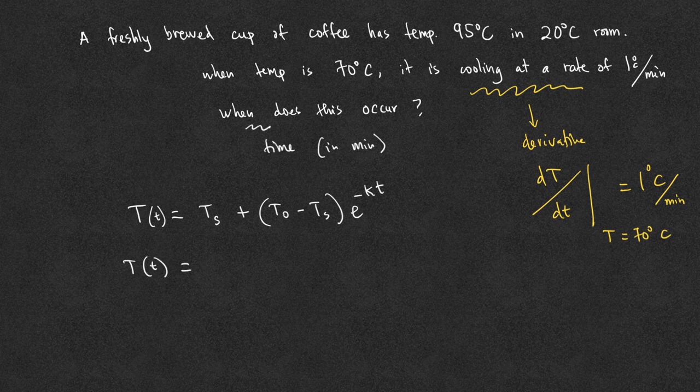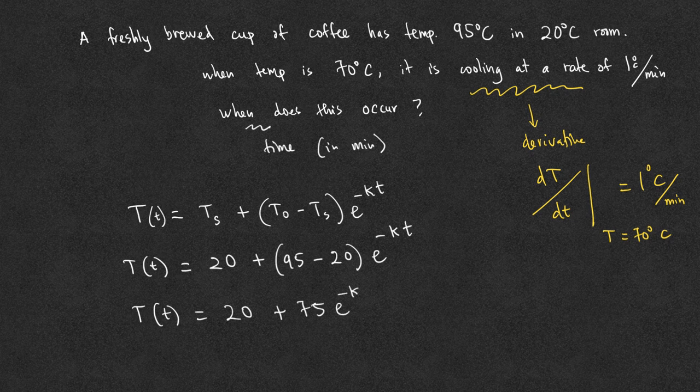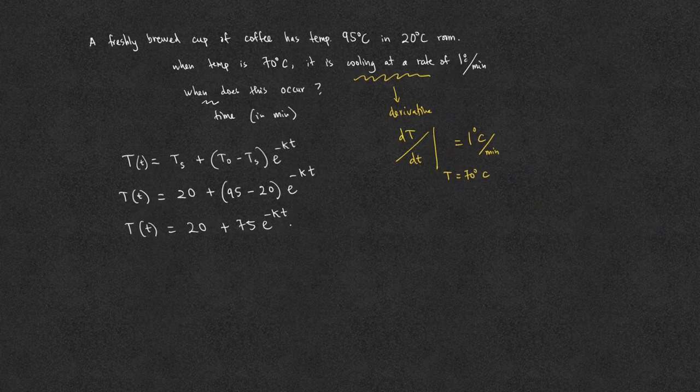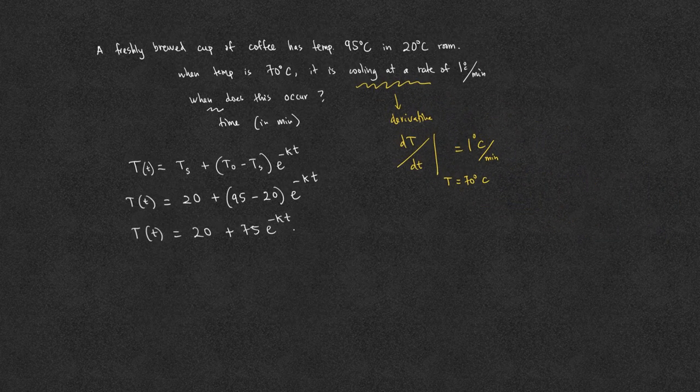The surrounding or ambient temperature is 20 because the room temperature is 20 degrees Celsius. We know that the initial temperature of the coffee is 95, and again, the surrounding temperature is 20. E to the negative, we don't know the parameter k yet, and t is the variable for now. And so T of t is 20 plus 75 e to the negative kt. Again, we don't know the continuous rate k yet, but we're hoping to find out after we take the